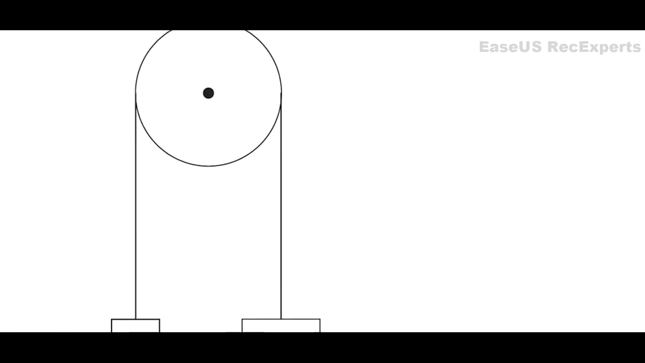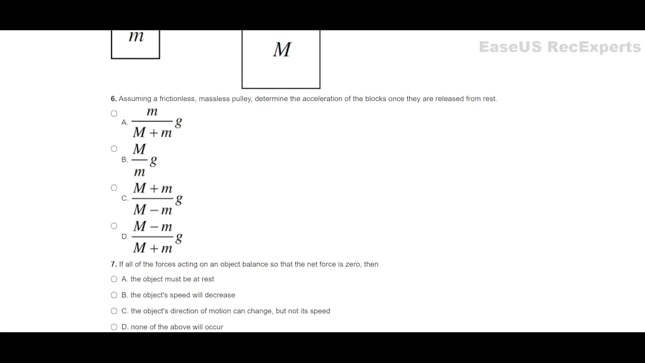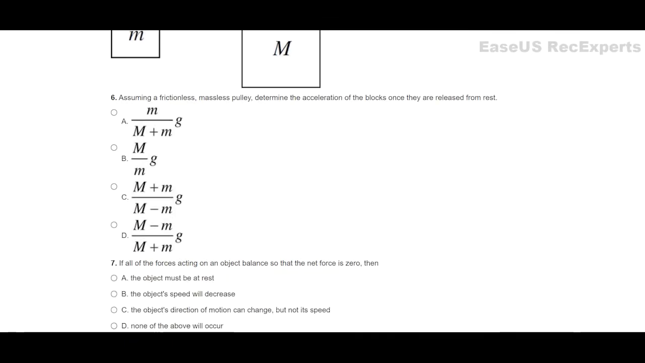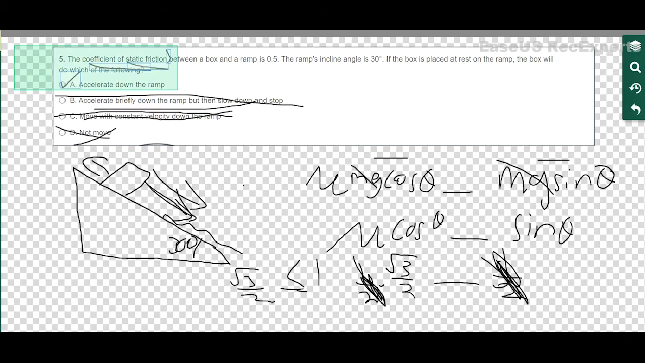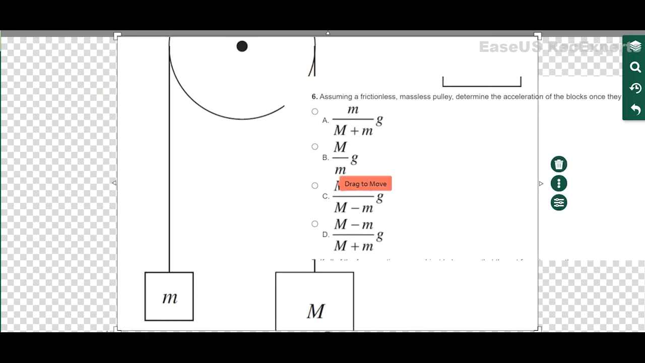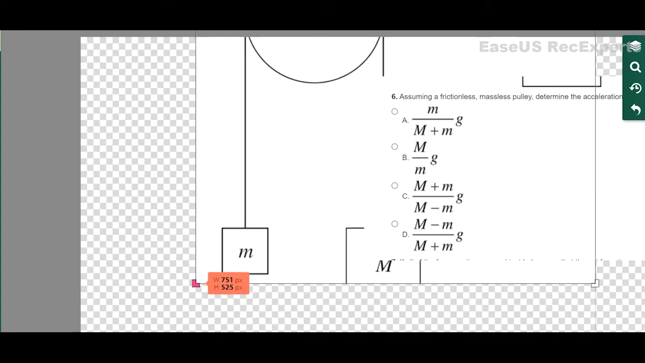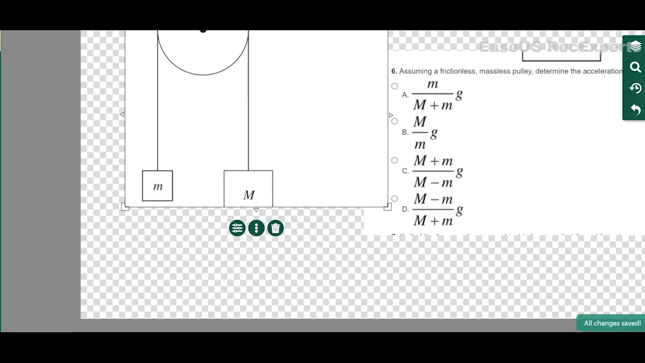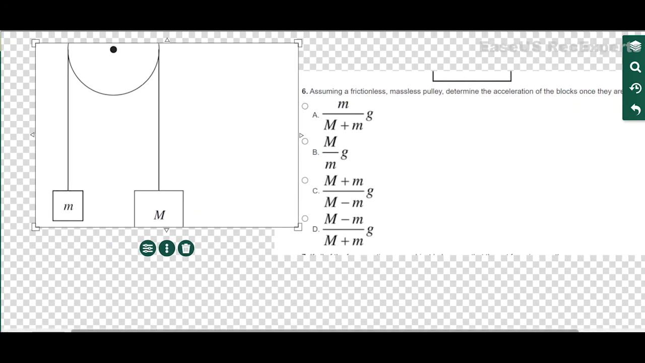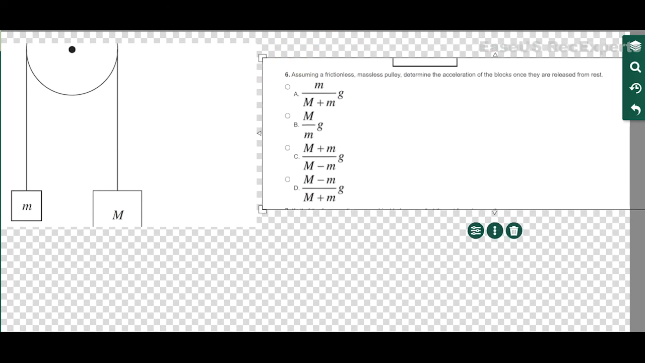Now let's take a look at question 6. I'll just take 2 screenshots. This question's pretty tall. It's given a diagram and everything. Alright, so we can do that. We shrink that. Alright, so with this, assuming a frictionless, massless pulley, determine the acceleration of the blocks once they're